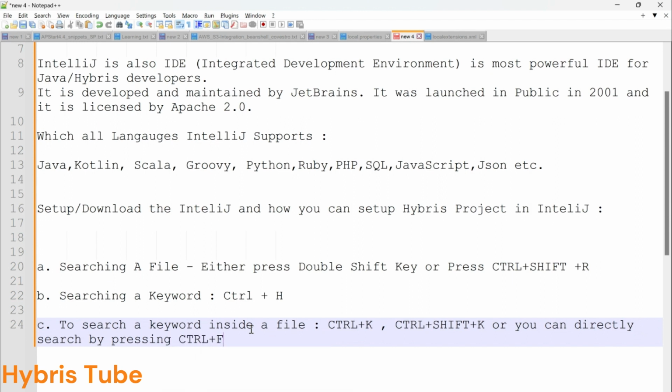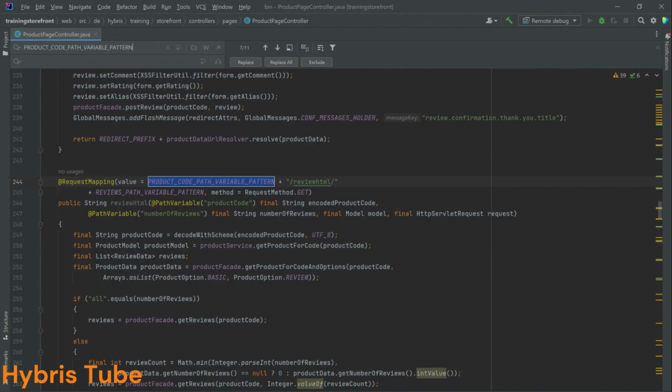Control F. Okay, so I hope it is clear to you. Now, what are the other shortcuts, guys? Let's say I am going to IntelliJ again, and I want to see where product service, let's say I am over here, product facade dot get product